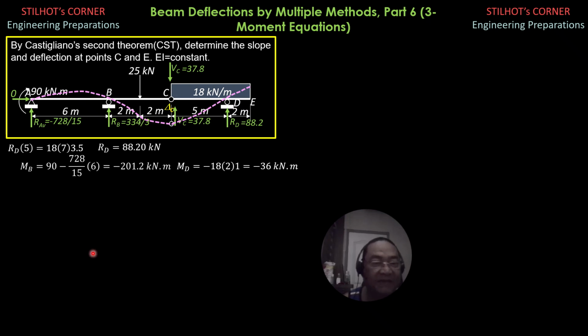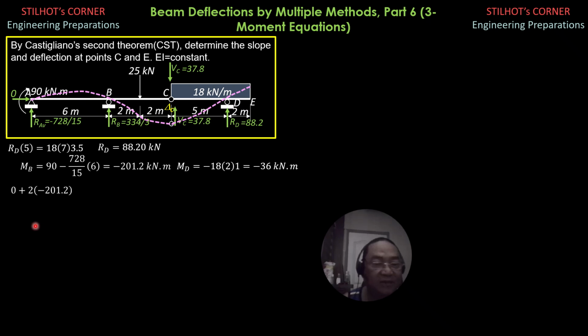This is delta C, by the way. And if this is below the reference tangent, we anticipate that it is negative. So if the value is positive, that means that our anticipated sign of delta C is correct. So hA is 0, hC is negative of delta C as shown because it is below the horizontal line through B, and we anticipated that.